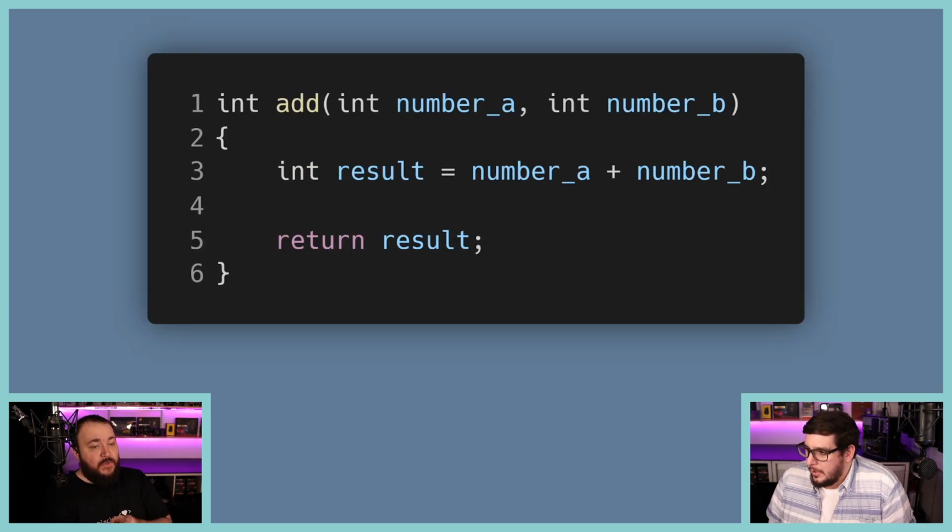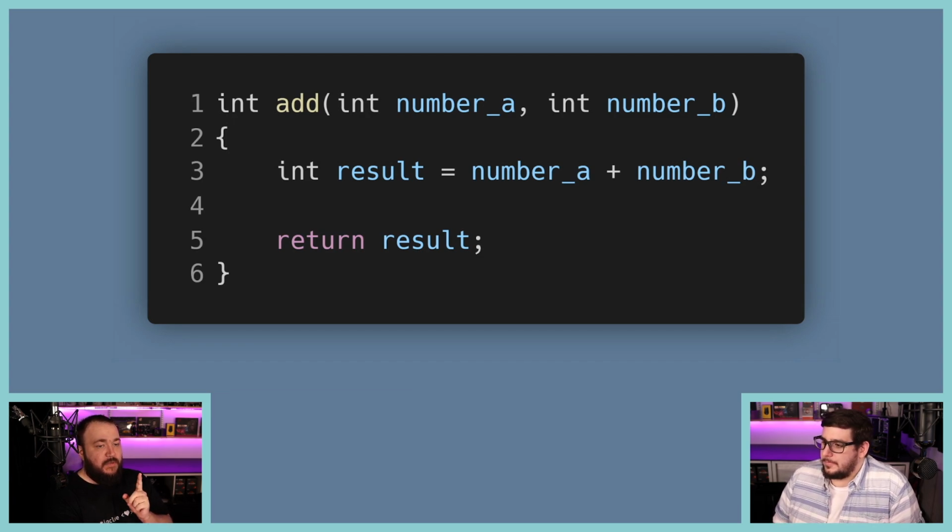In a function that returns a type, like this one, int, you have to always return something. There are languages where you can say this function returns a value, but sometimes it doesn't. In C++, you must always return a value of the same type that is in the return. So here you must always return an int.